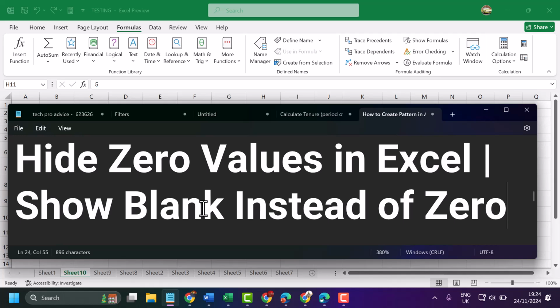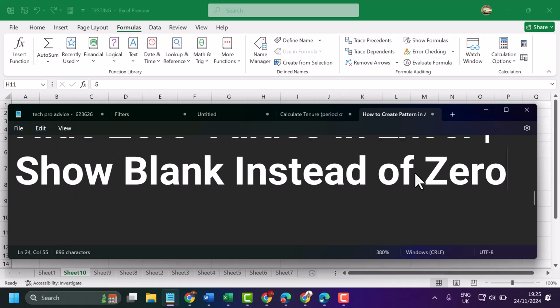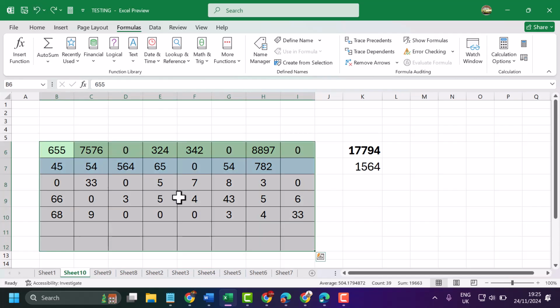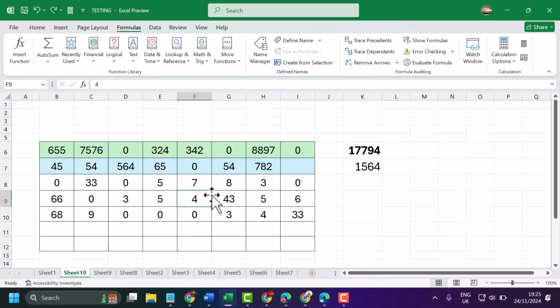In this video, I will show how to hide zero values in Excel. So guys, if you want to show blank instead of zero, you can try this method. As we can see, we have some zeros in this data, and to show